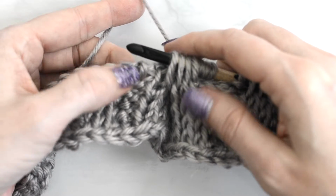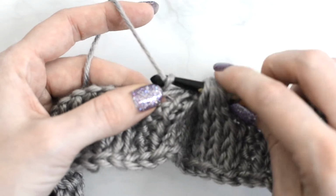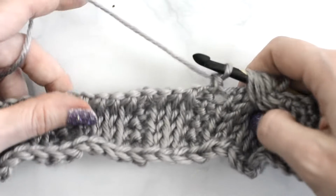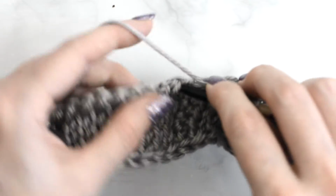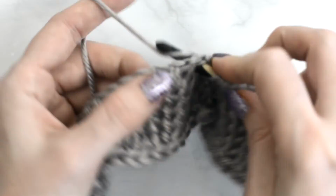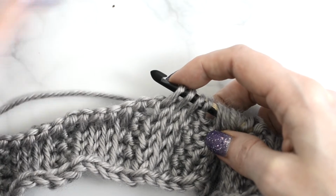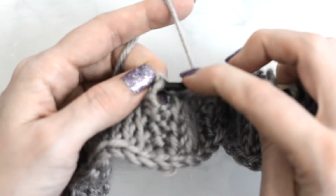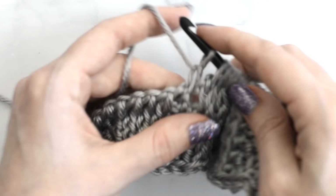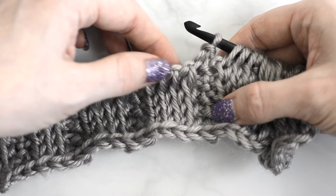Tunisian purl stitch into the next stitch. Tunisian knit stitch into the next 3 stitches. Tunisian purl stitch into the next stitch, skip the next 5 stitches and Tunisian knit stitch into the next 4 stitches,